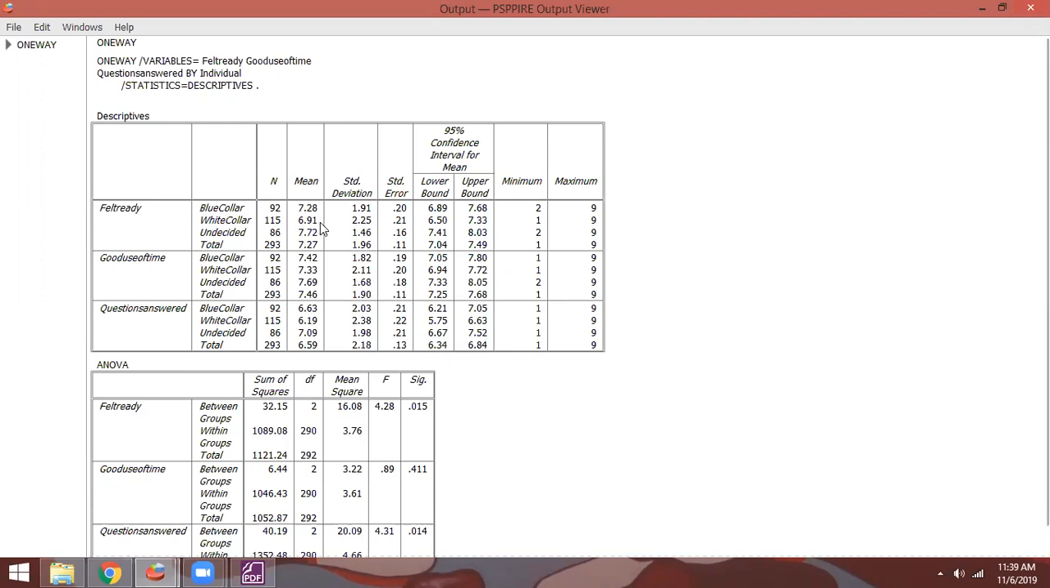They felt slightly less prepared, at 6.91 for the average, and a higher standard deviation at 2.25. My undecided volunteers, who were open to volunteering wherever the organization wanted them, numbered 86 individuals. They had the highest "felt ready" average and the lowest standard deviation score. And so what I want to do now is look down here to the one-way ANOVA